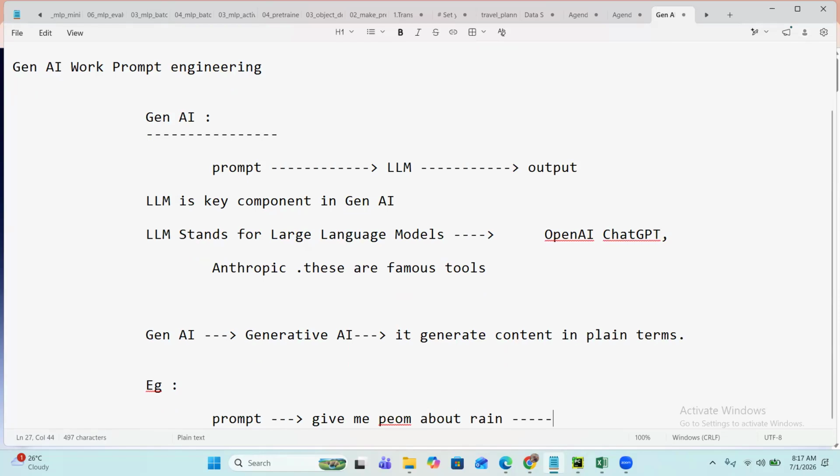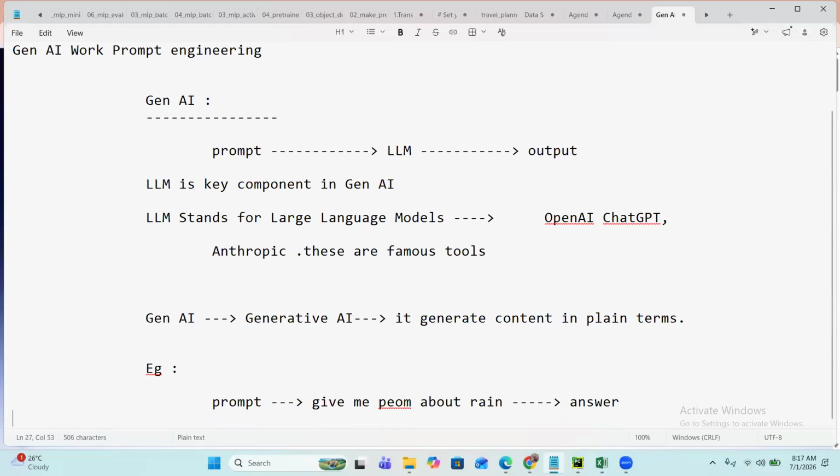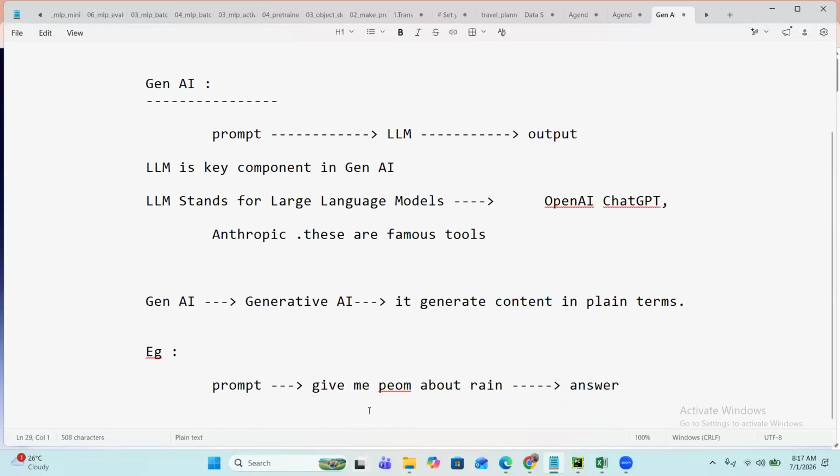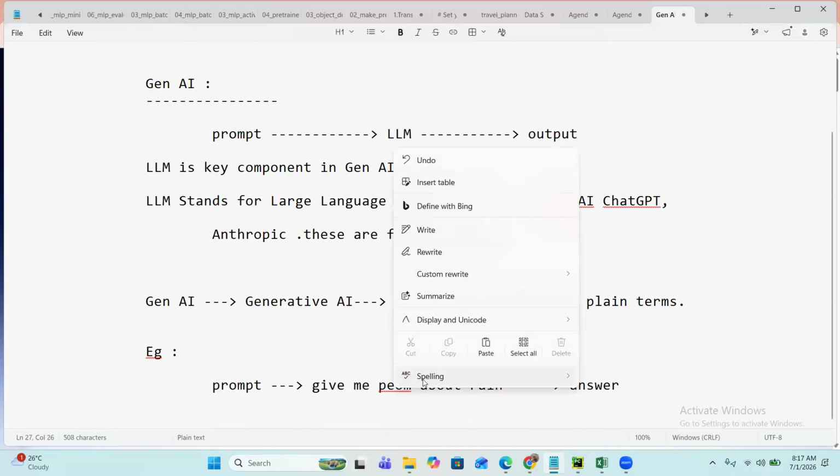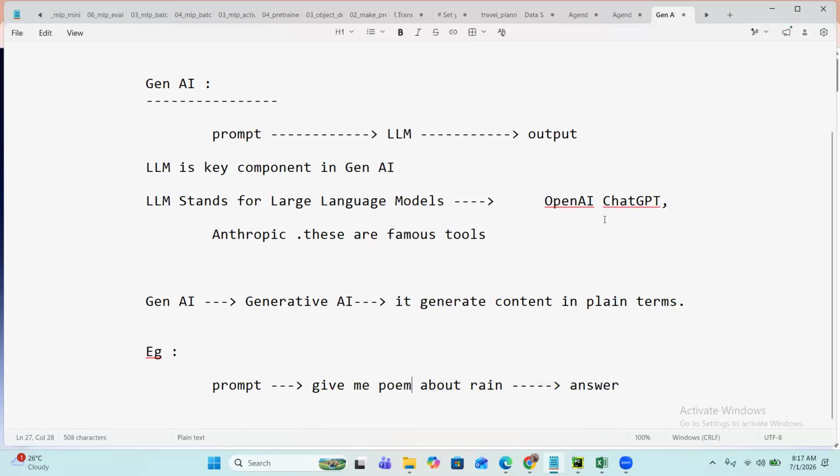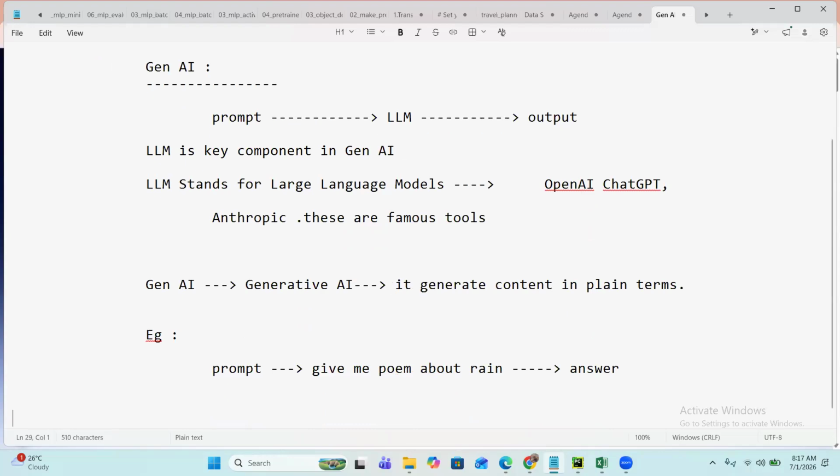It will give you the answer. This is the generative AI. If you want to work with generative AI,